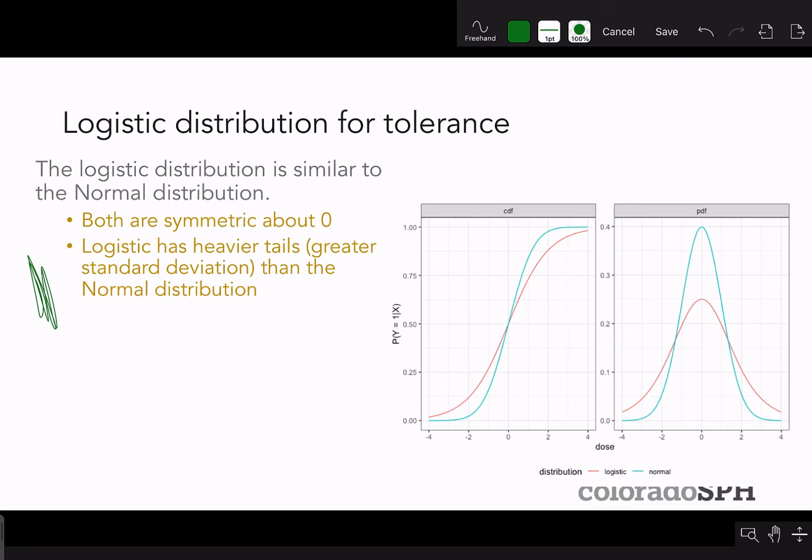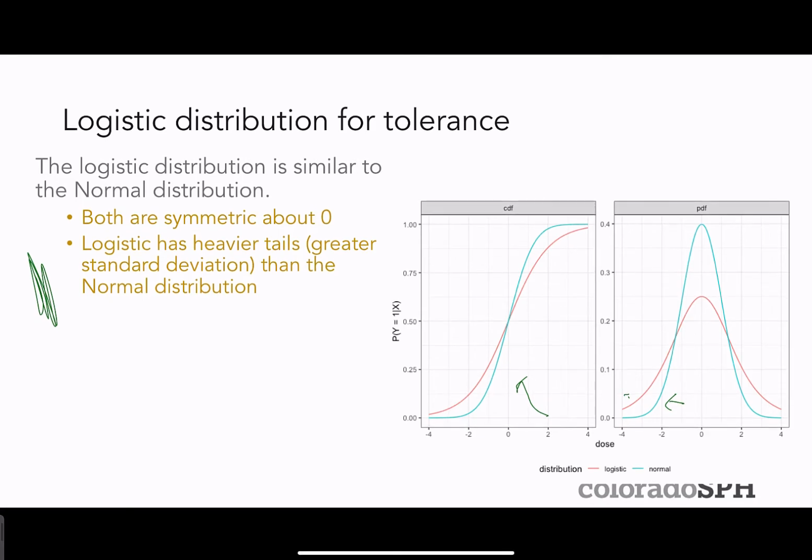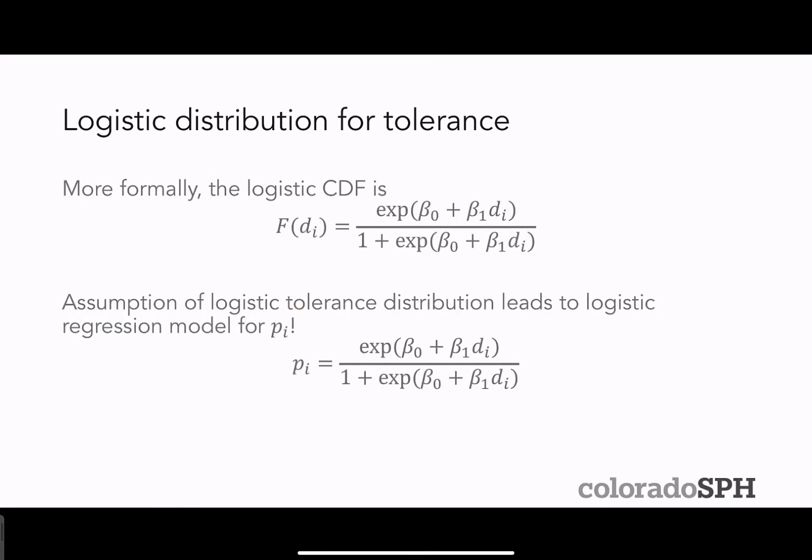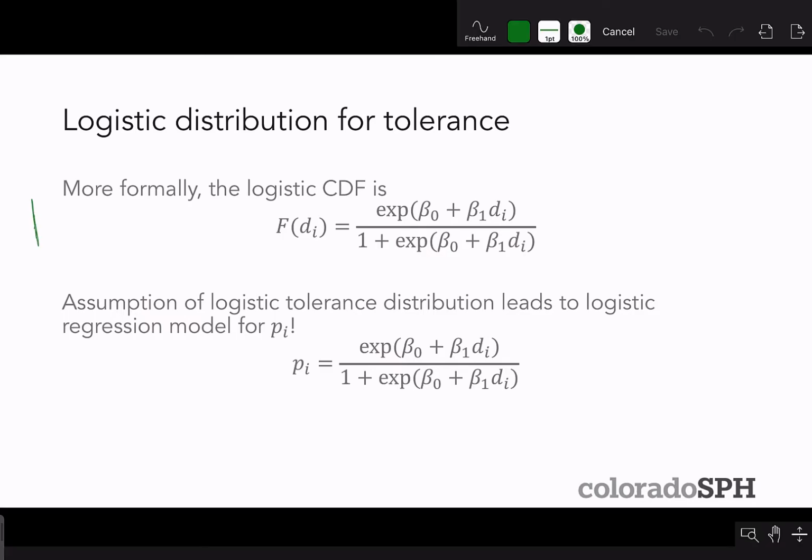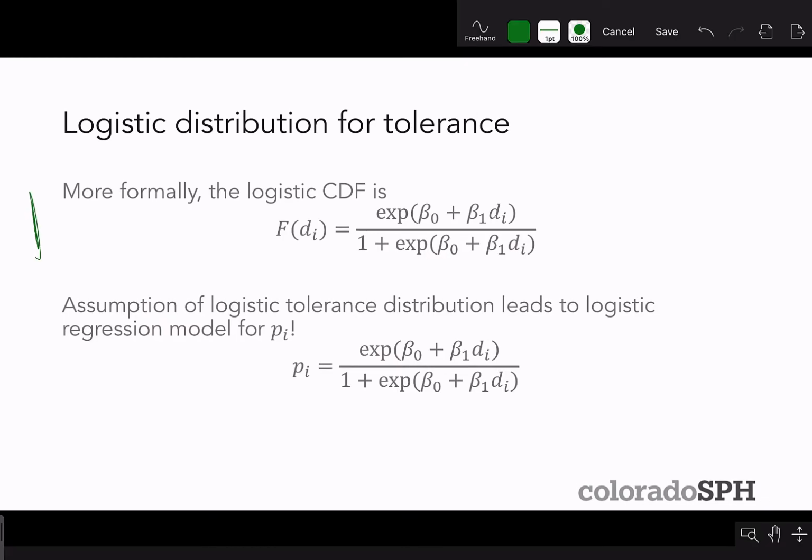And so the PDF is given here. You can see the logistic in red and the normal in blue. Logistic looks similar, but it's just sort of flattened out. And then the CDFs are given here. So the logistic CDF is written out. You can write it out like this. And this might look really familiar to you